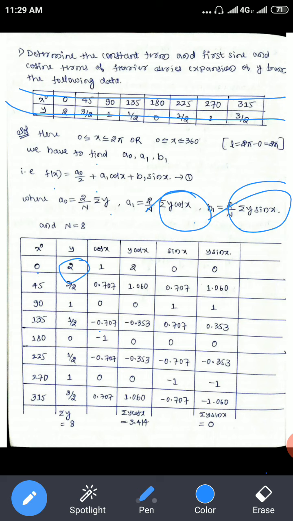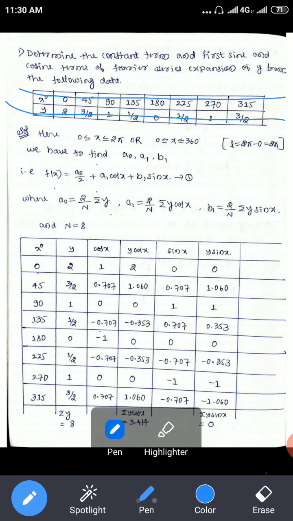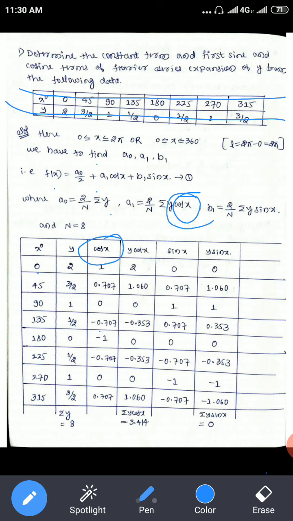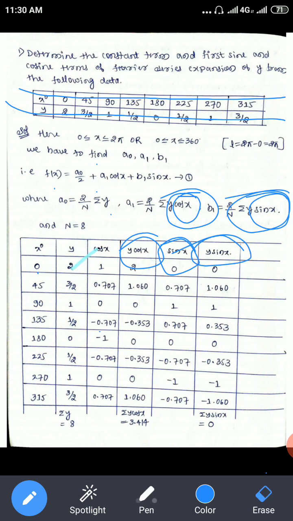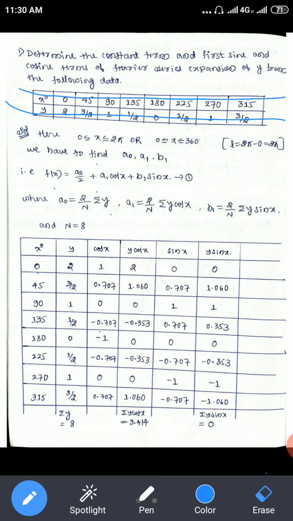So before that, I will give one example in detail. First I want cos x. Next y cos x. Next I want sin x. Next I want y sin x. So next thing is cos of x: cos of 0 is 1, cos 45 degree,